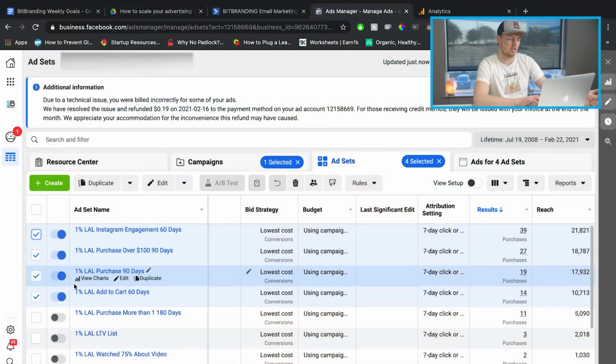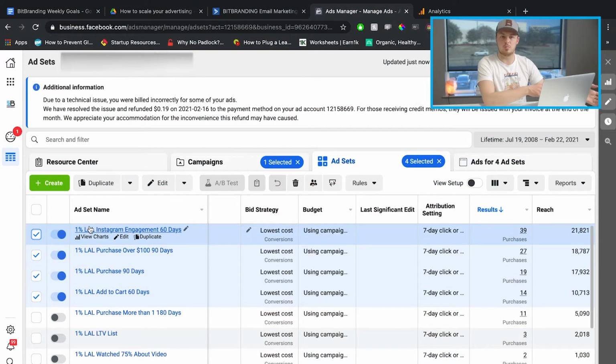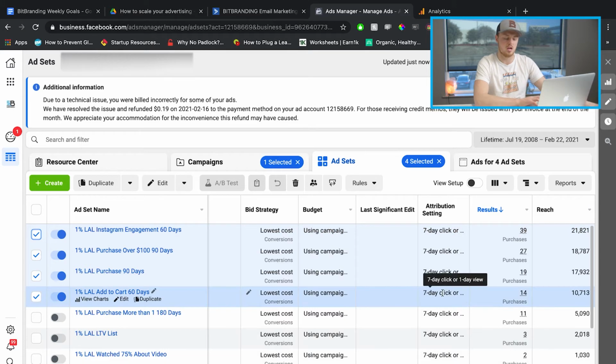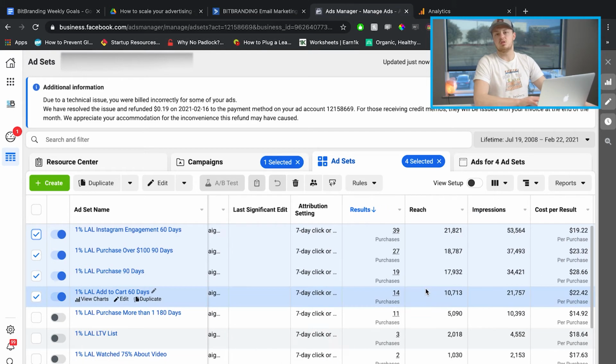So there's vertical scaling, which is increasing the budget, horizontal scaling, which is create a new campaign or duplicating the campaign. And then there's what we call diagonal scaling, which is taking the ones that have won here and putting them into a completely new campaign and scaling the budget that way and just picking your winners. It's completely up to you at that point.